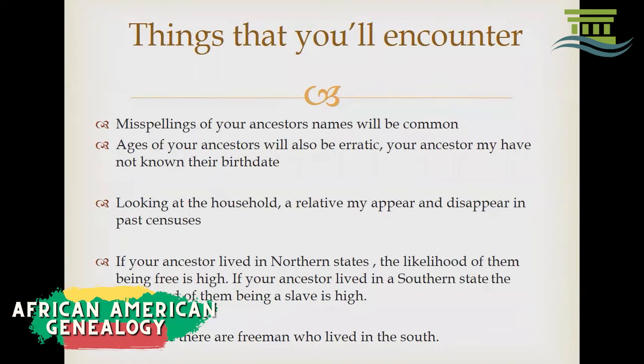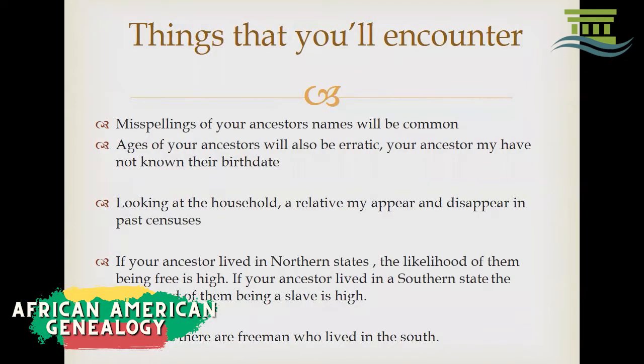So when you are looking for your ancestry, when you connect to that 1940 census and start going backwards, you'll start noticing that pattern. If your ancestry is in the New England area or the northern states, the likelihood of them being free is pretty high. If they are in southern states prior to the end of the Civil War, you most likely will have enslaved ancestors. However, it's not always true.